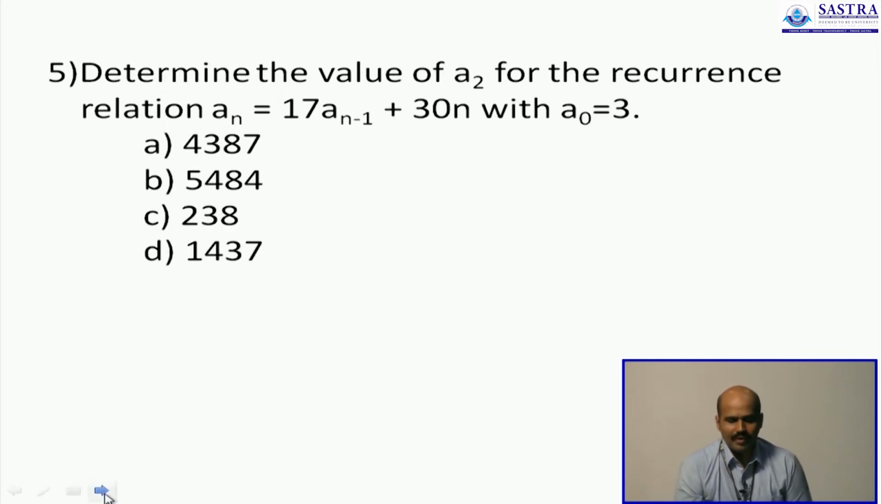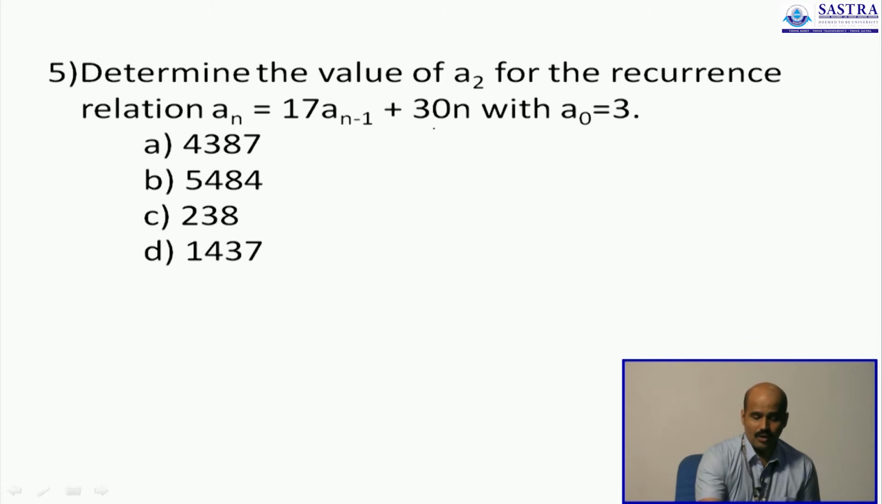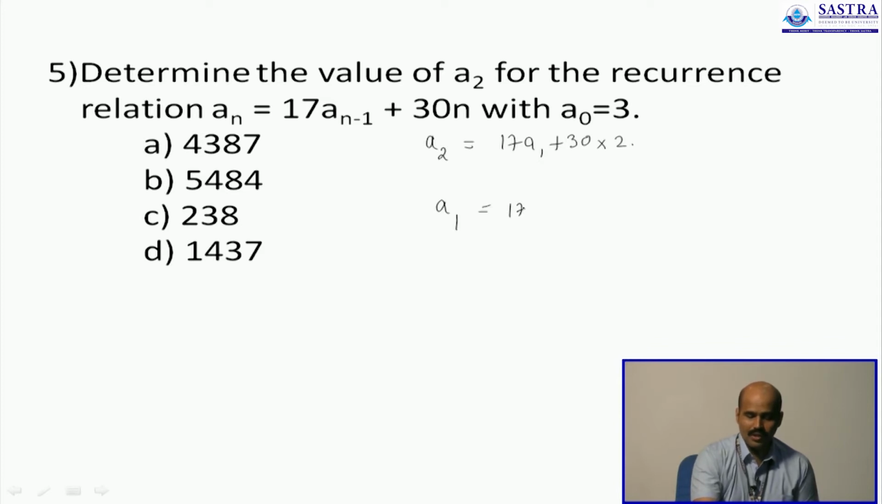And determine the value of a2 for the recurrence relation. Once again, this is a linear first order recurrence relation which is non-homogeneous. So a0 is 3 and we're asked to find out a2. a2 is 17a1 plus 30 into 2. You don't know a1, so a1 is 17 a0 plus 30 into 1. a0 is 3, so this is